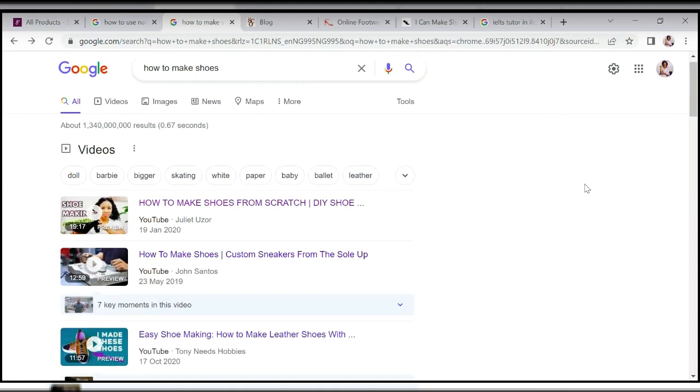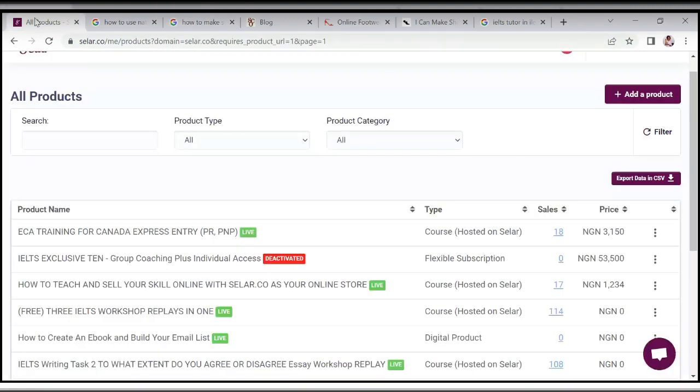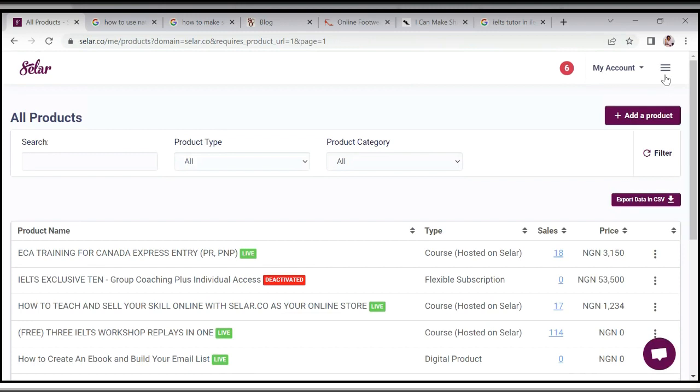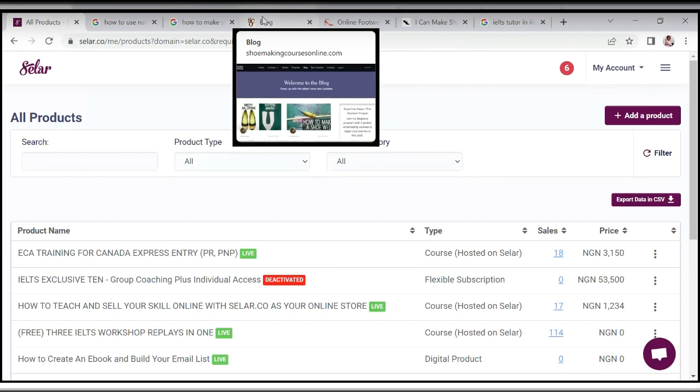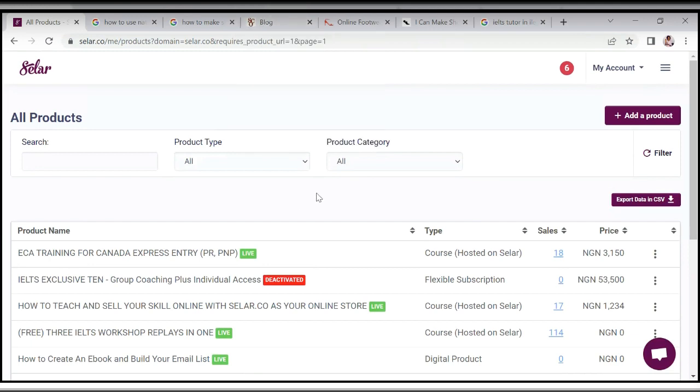There's no production cost. Well, of course, there's production cost in the sense that you have to pay Seller subscription. For example, I paid my 8,000 naira this morning, my pro plan. I use the pro plan. So what's my point? You're not spending too much to create a digital product. If you decide to have something free today, you won't spend much on it, and you begin to grow an audience.